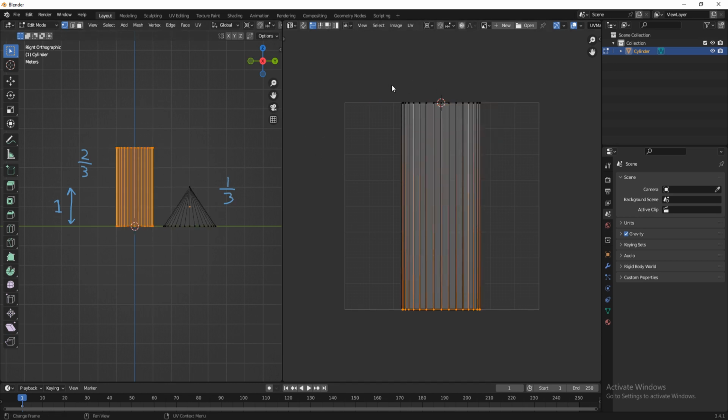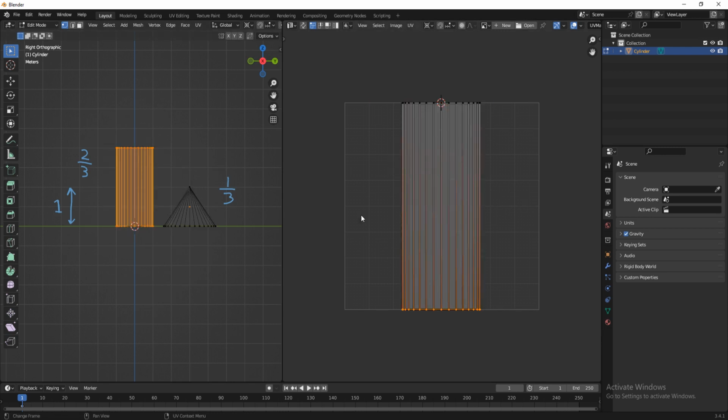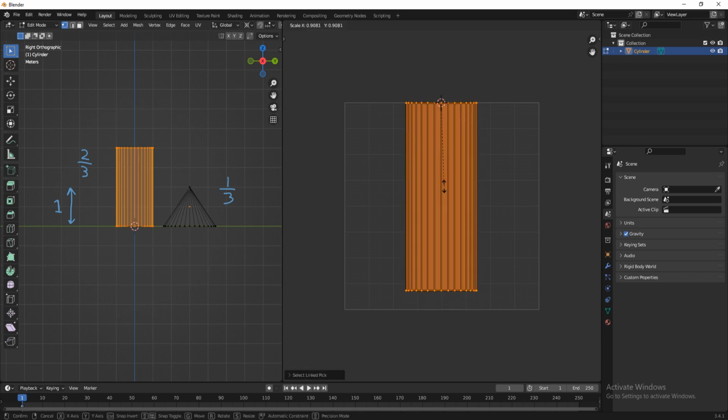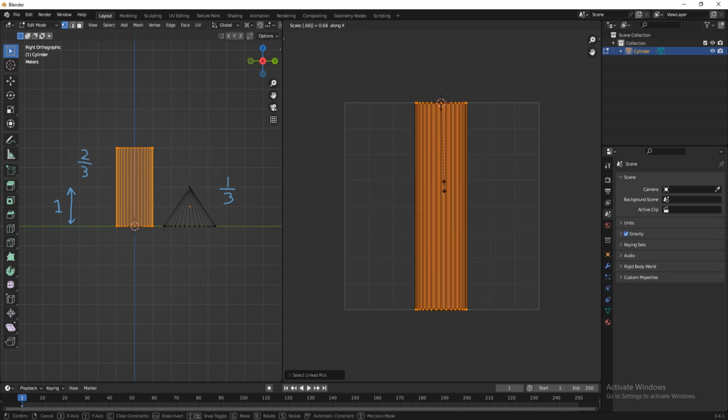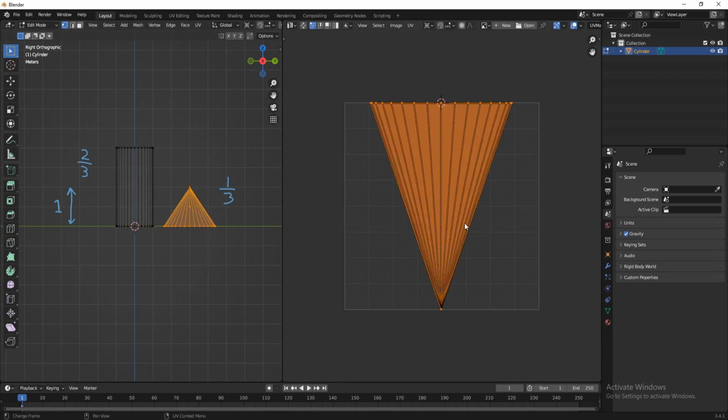So when we scale these UVs, we want to scale them from different locations. So we want to scale this cylinder up towards this way, but we want to scale this arrow down towards this way, so it makes up this bottom third. So we want the cylinder in that top 2/3. So we need to have different pivot points or different scale points for each one. So for this one here, we will scale this by 0.66 in just the one dimension like that, and we want to scale this 1/3, but we don't want to